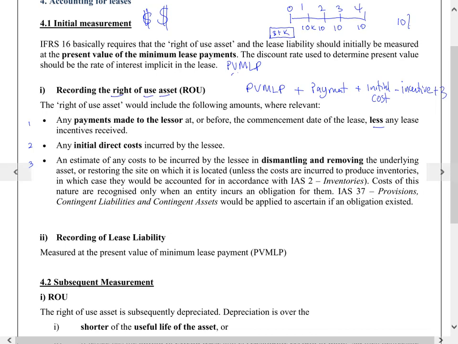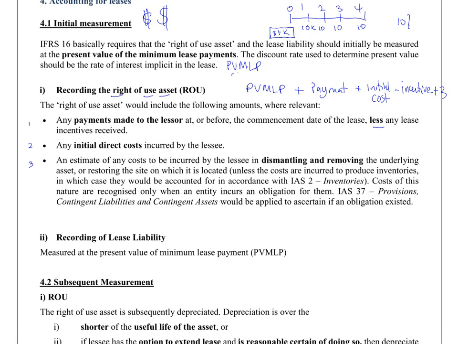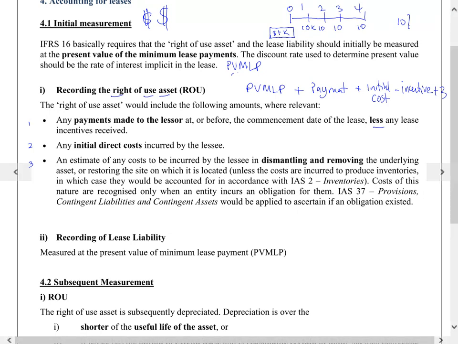Have we learned dismantling cost in IAS 16, IAS 37? In the future, I need to pay, I have to discount, then I have to amortize. Or we have to unwind. Yeah. So not just present value, you have other information, additional payment, plus initial cost, minus any incentive received. This will be my asset. My liability is always my present value of minimum lease payment. Meaning,